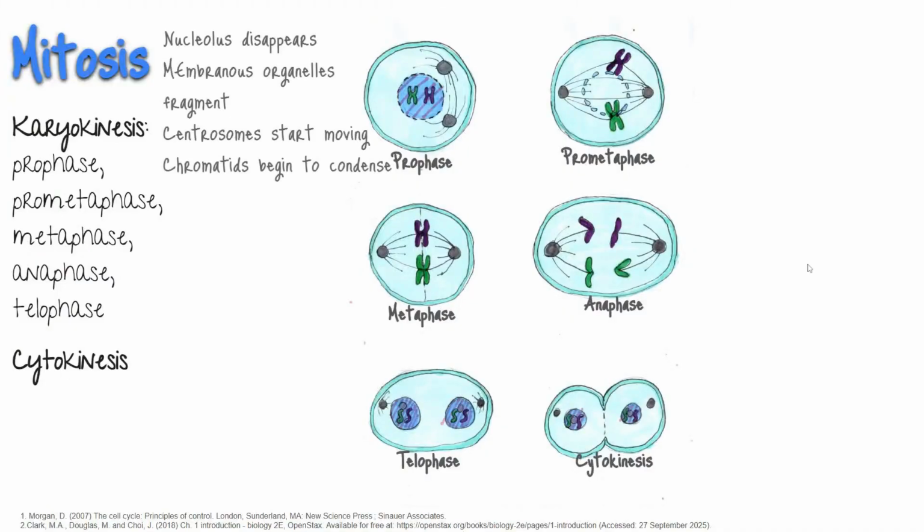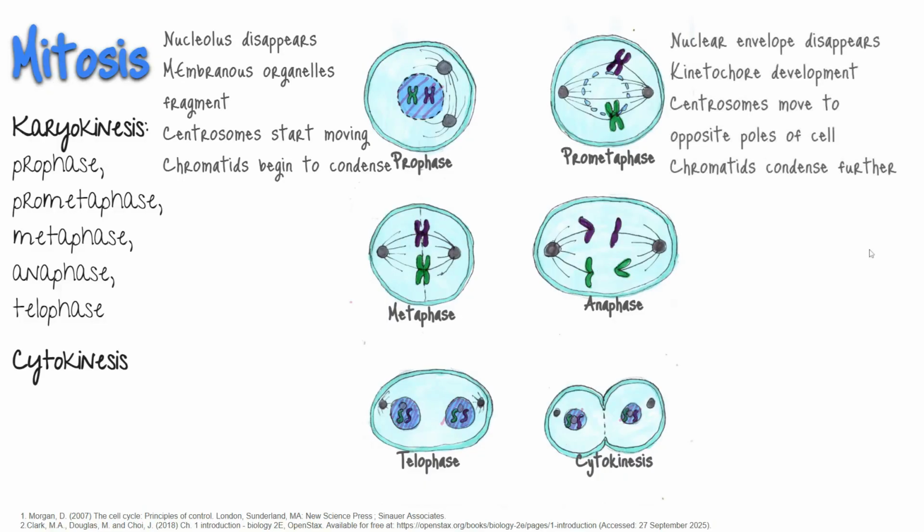Prophase, also called the first phase, is where the membranous organelles, such as the Golgi complex and the endoplasmic reticulum, fragment and disperse towards the periphery of the cell. The nucleolus disappears as well, and the centrosomes begin to move to opposite poles of the cell. Microtubules that will form the mitotic spindle extend between the centrosomes, pushing them further apart as the microtubule fibers lengthen. The sister chromatids begin to coil more tightly with the aid of condensin proteins and now become visible under a light microscope. During late prophase, the nuclear envelope begins degrading.